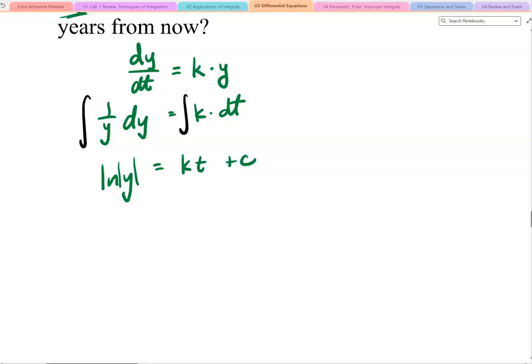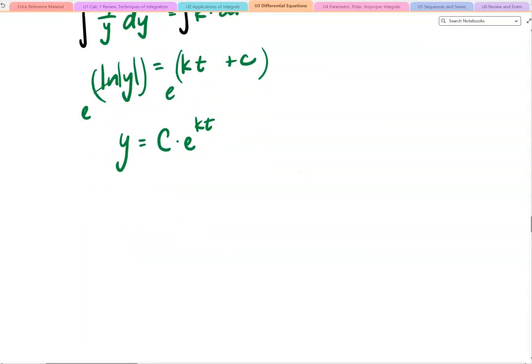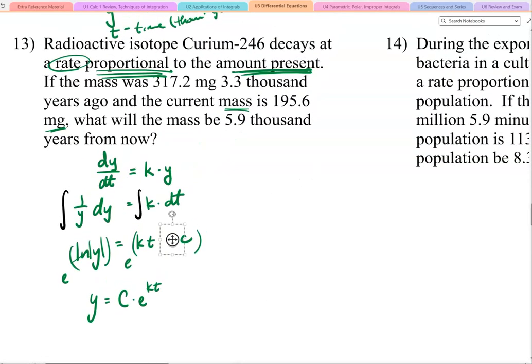Raise both of these sides to a power over a base of e to cancel out our logarithms here. So that leaves us with y equals c times e to the kt. Here again, this c value is not the same as this c value, but it is a c value nonetheless. It's some unknown constant, some numerical quantity. So there's our general solution, and we're told that the mass was